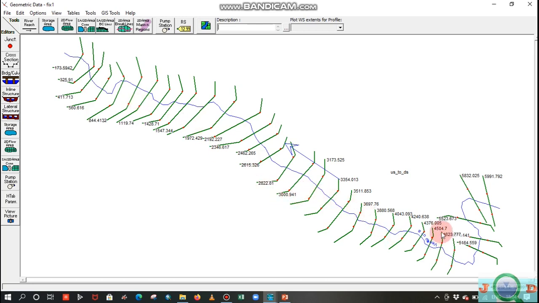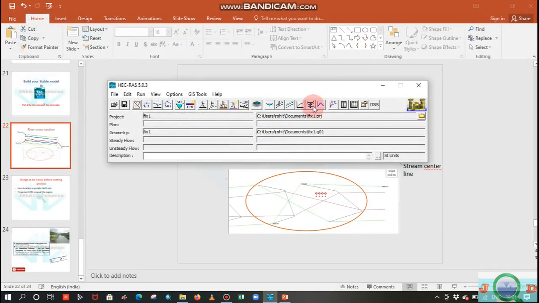But from here to here, the stationing is on the left hand side, and thereafter you can see the stationing on the right hand side. In that case, there is an error between these two cross sections. You can identify this error once you view it in the 3D view.